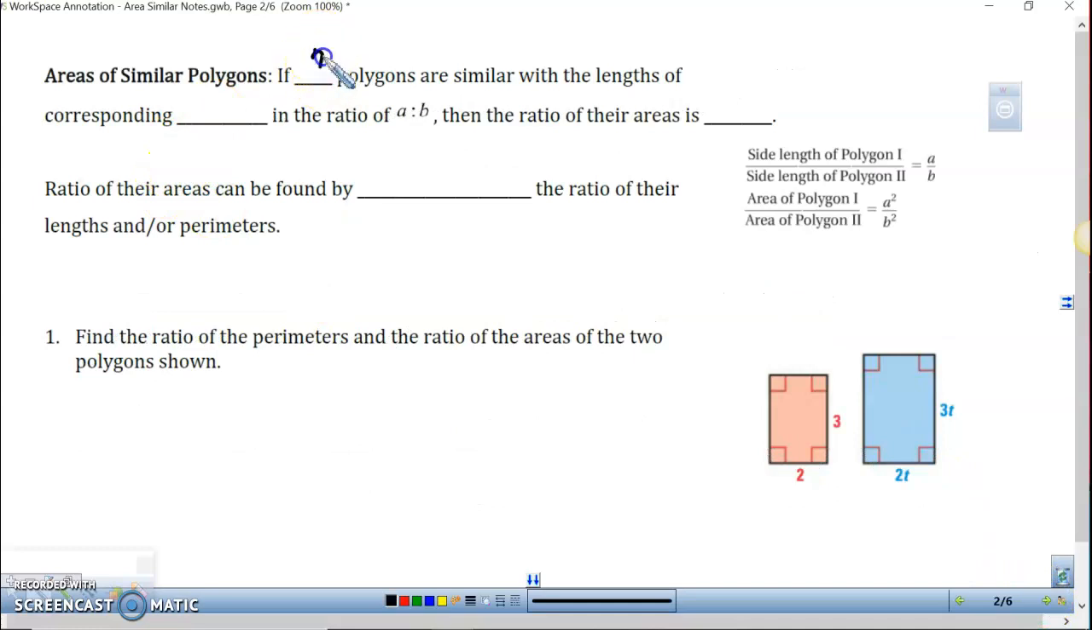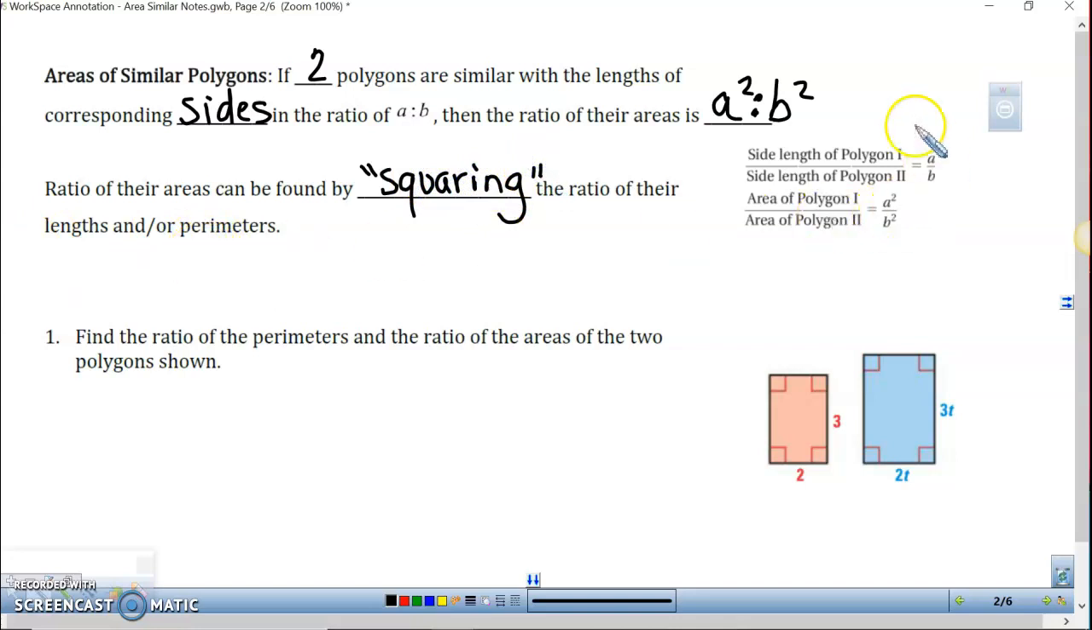Now area, so if two polygons are similar with the lengths of corresponding sides, or this could be corresponding perimeters, so if you have any ratio, and this is like A to B, so it could be 2 to 3, 3 to 5, 9 to 25, whatever the ratio may be, then the ratio of the areas is whatever that ratio is, but you square the numbers. Okay, so the ratio of the areas can be found by squaring, raising to the second power, the ratio of the